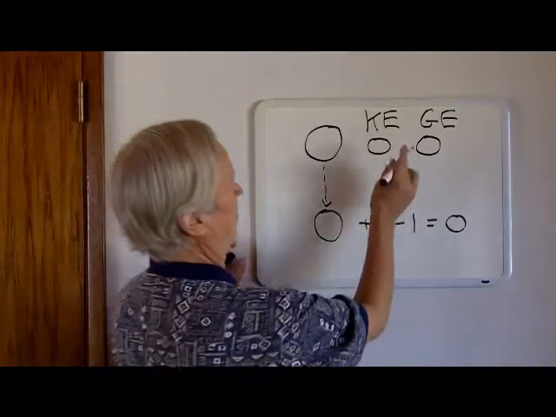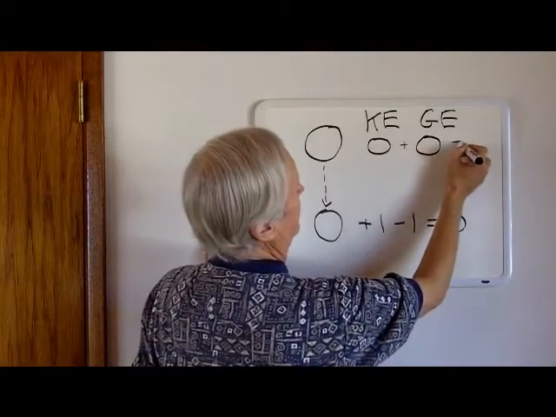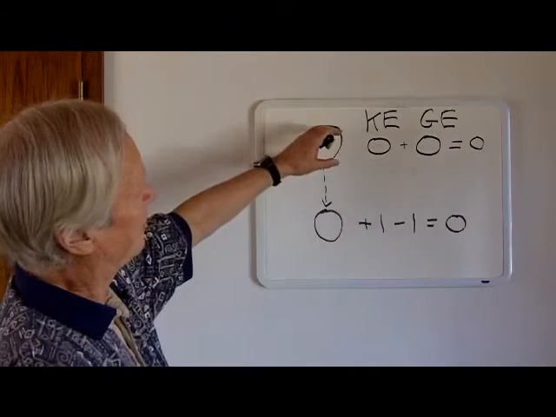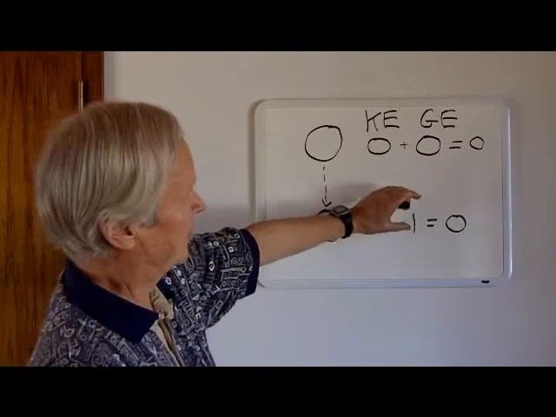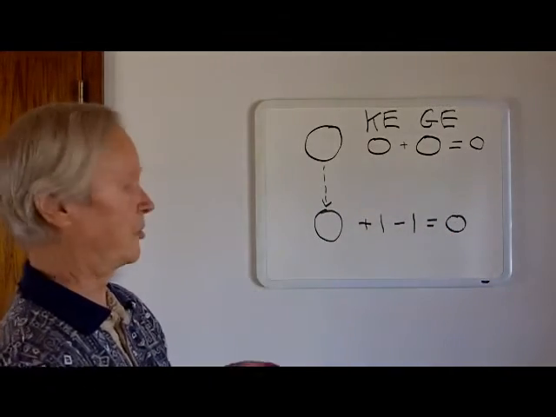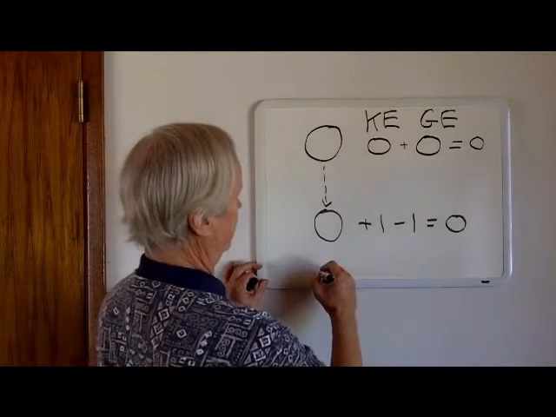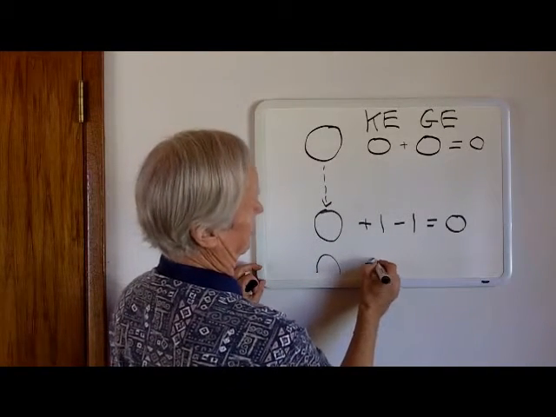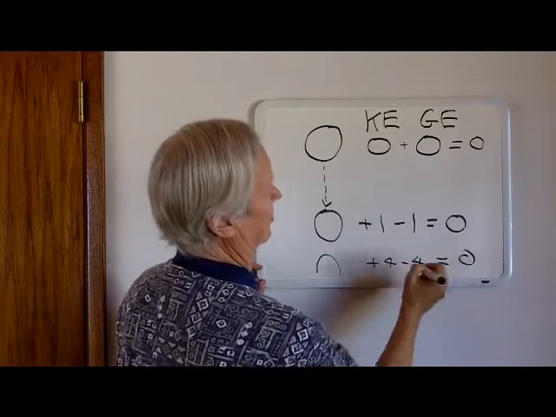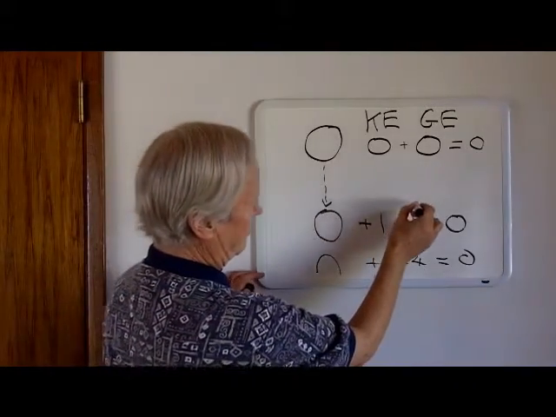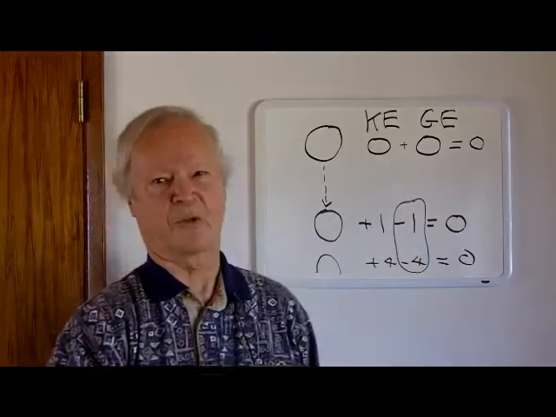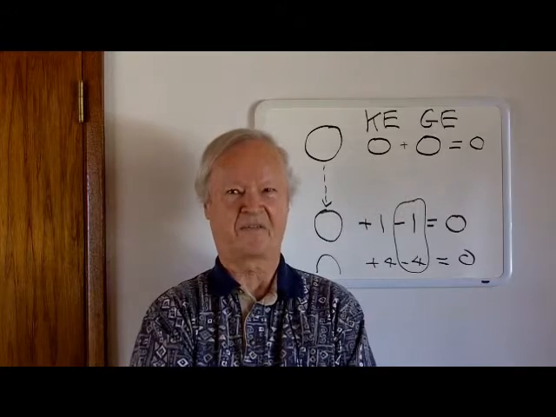Before we release the object, we have these two energies equal 0. As we release the object, energy is conserved. We get an increase in kinetic energy, balanced by a decrease in gravitational energy, and the net energy of the system remains at zero to conserve energy. Now, as the object continues to fall, at a later time, this maybe goes to plus 4, minus 4, equals 0. This negative part of the equation tells us that gravity is negative energy.